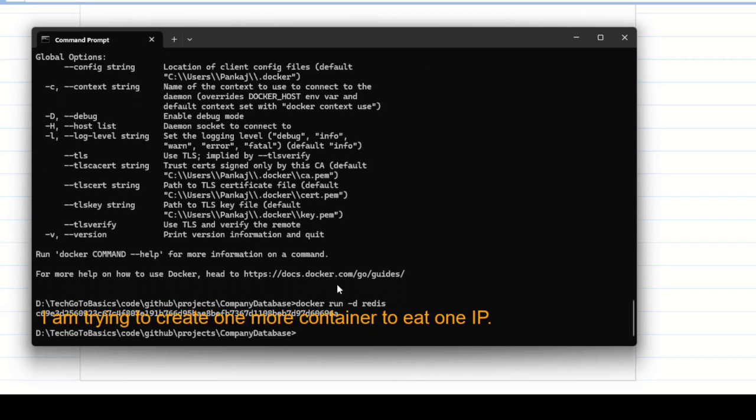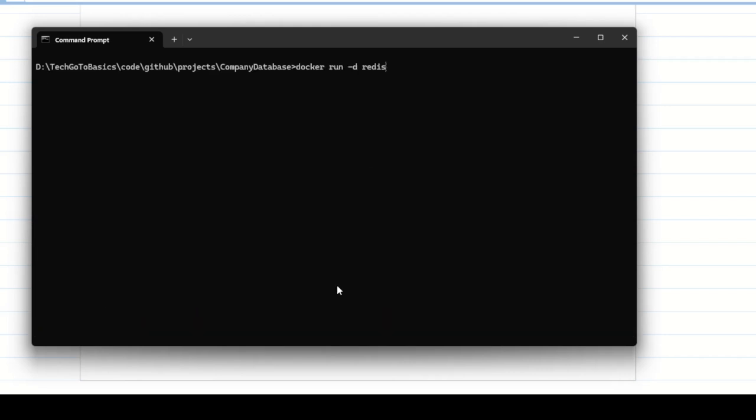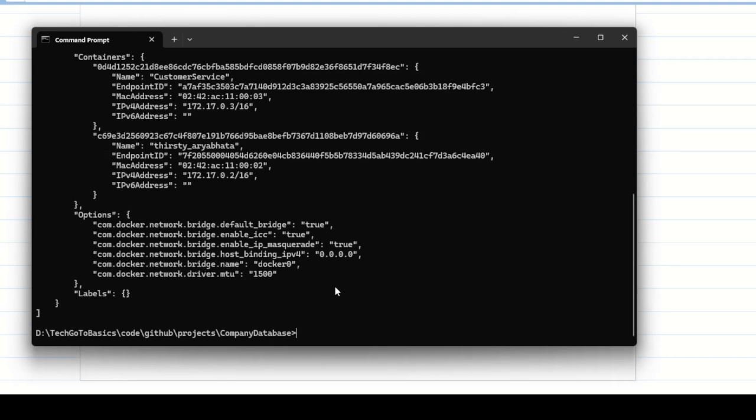Okay, now let me inspect the network again. Okay, so the IP address that was earlier assigned to company database is now assigned to a different container, right? So that's gone. So now let me start the